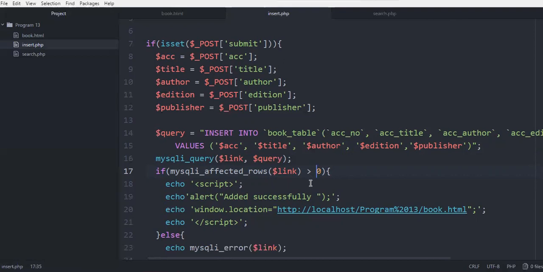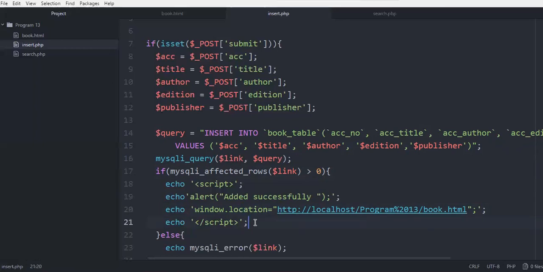So we are again printing this with the help of this script, JavaScript. So I make use of the echo tag, open my script tag, specify it with angular brackets and single quotes and close it. Then we know this alert is nothing but the dialog box that appears with the OK button. Then window dot location. So we are redirecting it so that the same form is opened once added successfully. And then you close the script tag.